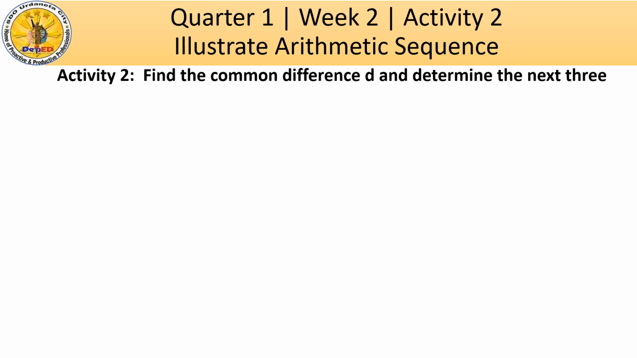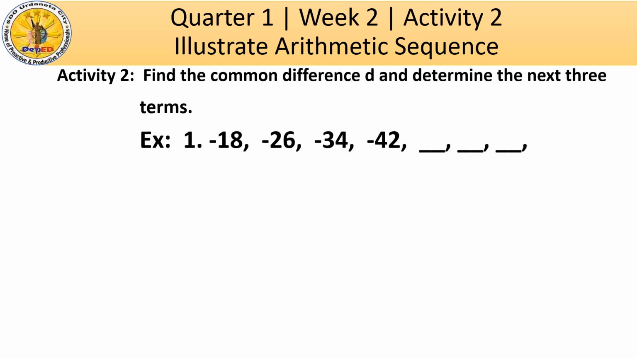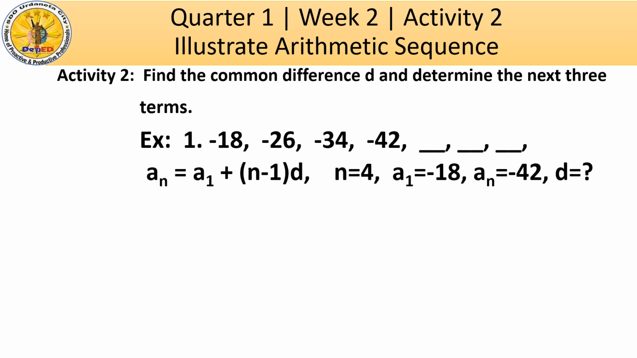Okay, activity 2. Direction: find the common difference d and determine the next 3 terms. So example: negative 18, negative 26, negative 34, negative 42. What are the next 3 terms? So using your arithmetic sequence formula, a sub n is equal to a sub 1 plus the quantity n minus 1 times d, where the given here